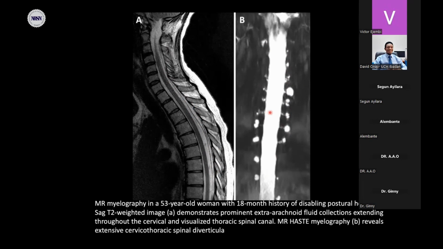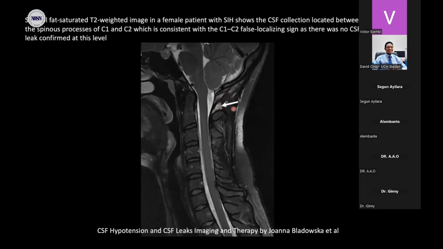So sometimes you can have hyperintense signal within the posterior soft tissues of C1 and C2, and these are not due to leakage of CSF into the space. So these are the false localizing signs. So we have to be aware. Sometimes if fat saturating sequences are not well done, you realize that there will be incomplete saturation of the fats